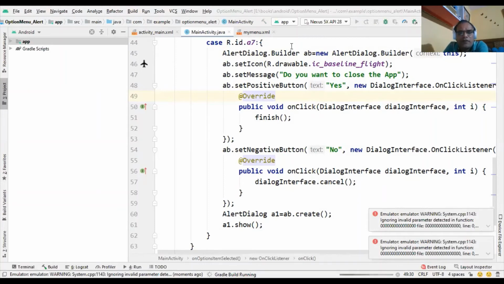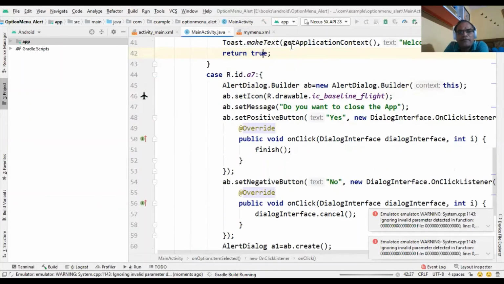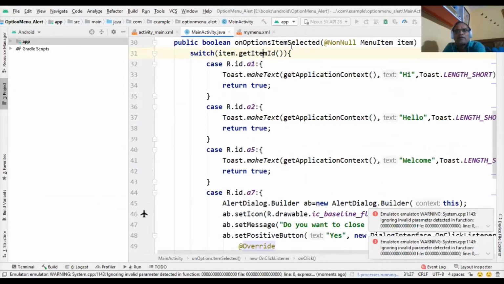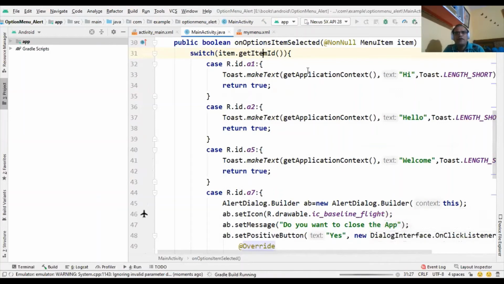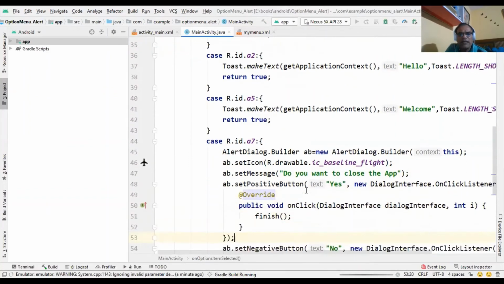So now you can see onOptionsItemSelected, and here we use a switch case, and by clicking on a particular option you will show a different message, and this is the last case where you can create a dialog box.